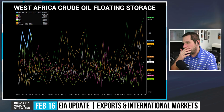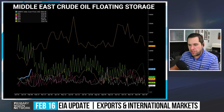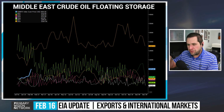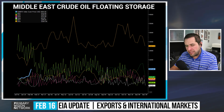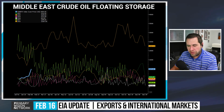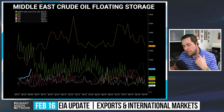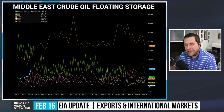And the bigger issue is the Middle East. So you can see that there was a big spike in floating storage in the Middle East. Now, as the spreads have done what they've done, we do expect this to come down. And it's a positive that there were spare cargoes to absorb into the system and soften some of the blow. But this is going to be the one to watch to see really how tight the market is,